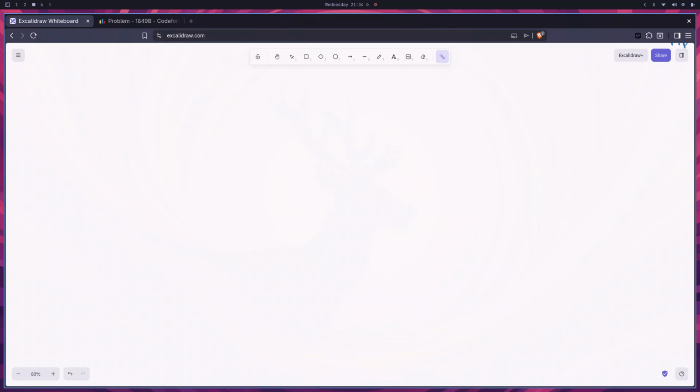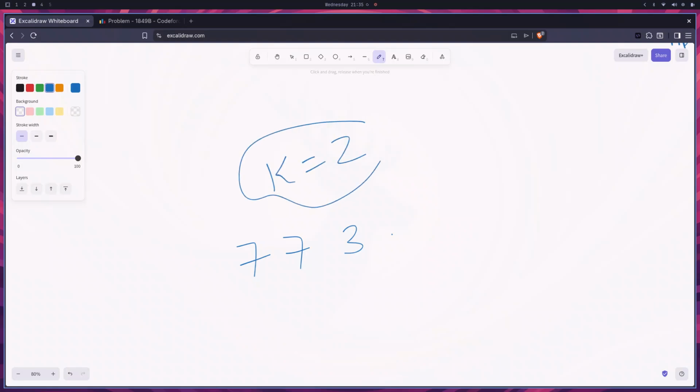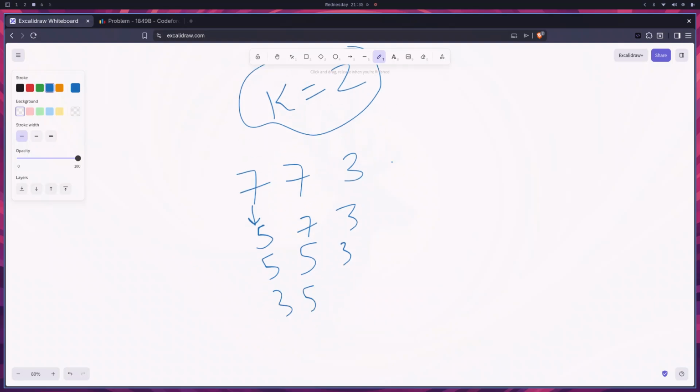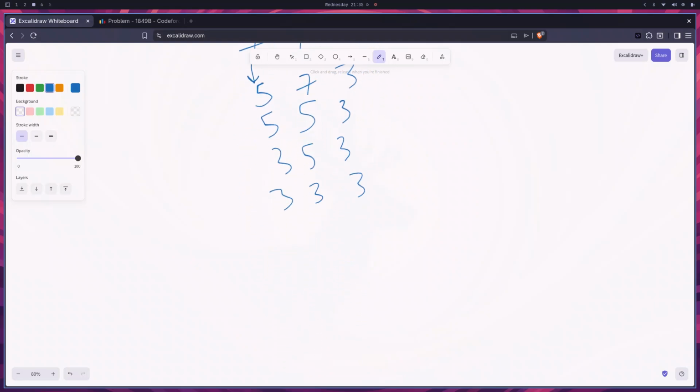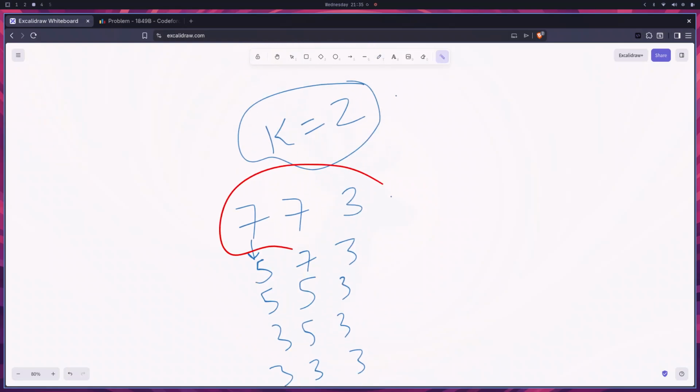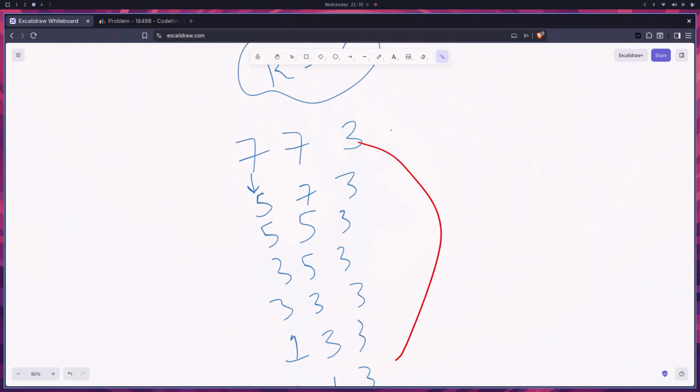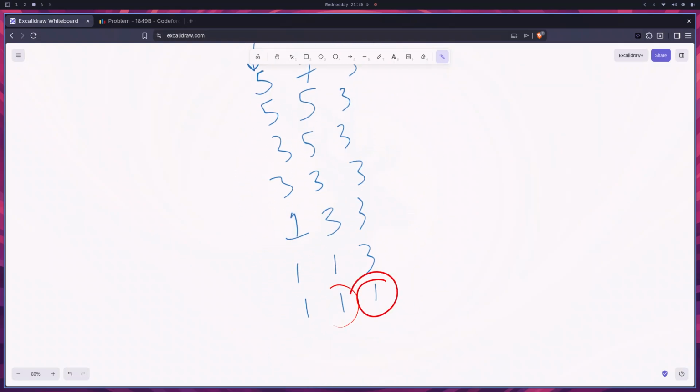Imagine if it was 777, just a minute, 773, okay, and each attack deals 2 damage. So what will happen? The first will reduce this, so it becomes 573, then again 553, then 353, then 333, then once it becomes 333 it becomes 133, then 113, and then 111. See, with any health we bring it down till it becomes one hit, and once it becomes one hit we directly